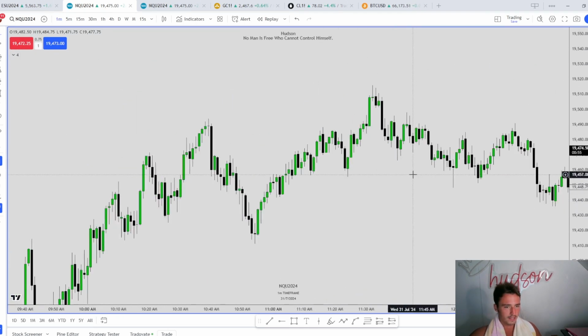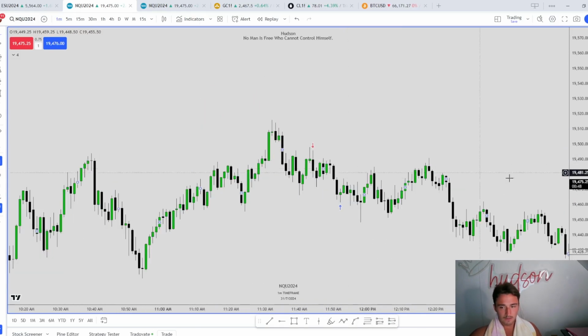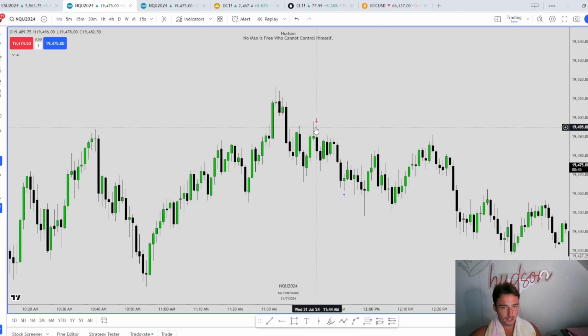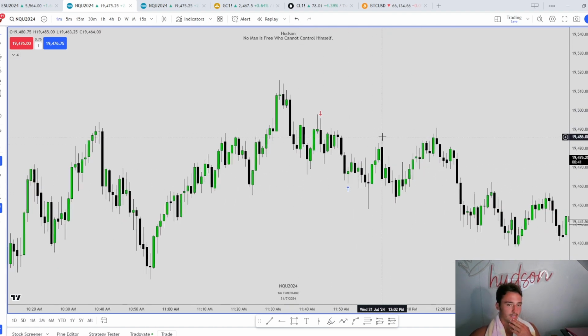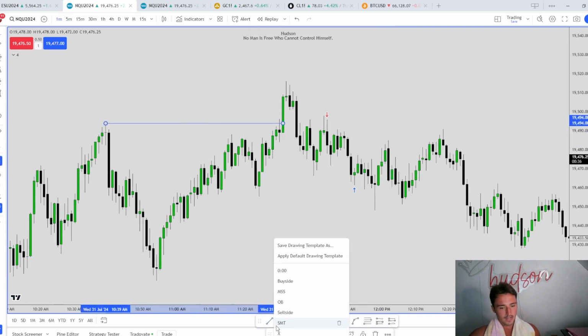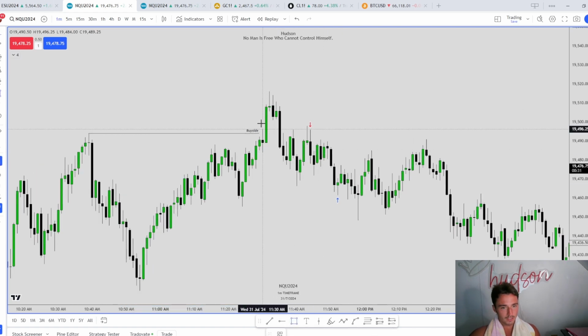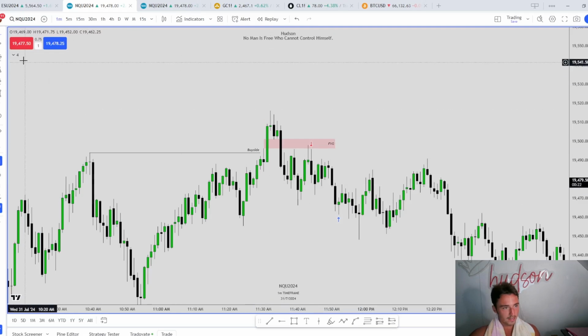But where did that trade that I took happen? I guess I can just turn on executions. Right there. So right here on NASDAQ, I took a short from up here, and I took it off at this sell side level for 30 points. The reason I took this short is because we take out this high, so we take out buy side, and we displace through this fair value gap, creating another one. So we actually have a BPR here, and I was waiting to see what would happen inside of this, and then I was going to take a trade.